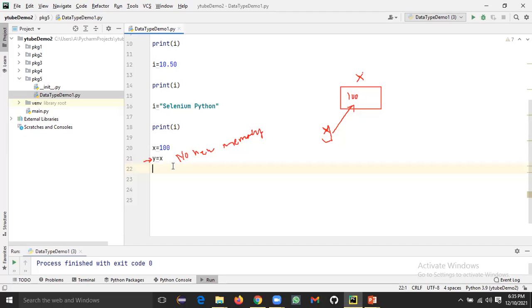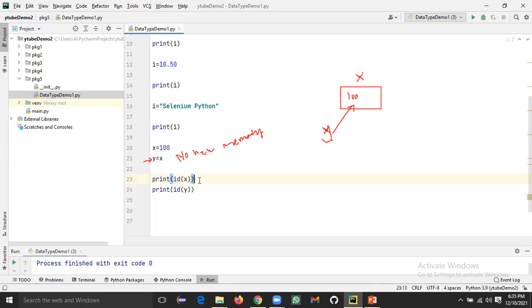Now how to check it? There is a very interesting way to check it. Every memory location or variable will have an ID. So let's print the ID of x and let's print the identification code of y.